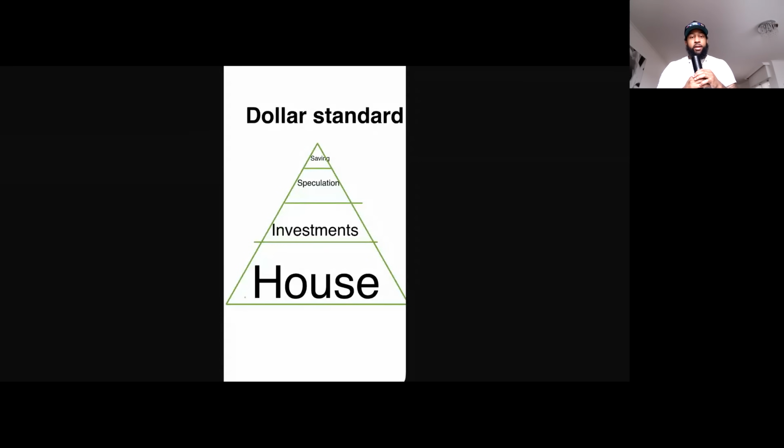So for the first part, the dollar standard. This is how a lot of people view things. This is how you're kind of taught to set up your portfolio and run your finances, right? On the bottom level of this pyramid, you have your house or your investments, and some people swap it. Some people's largest investment is their house, their equity in their house, and then